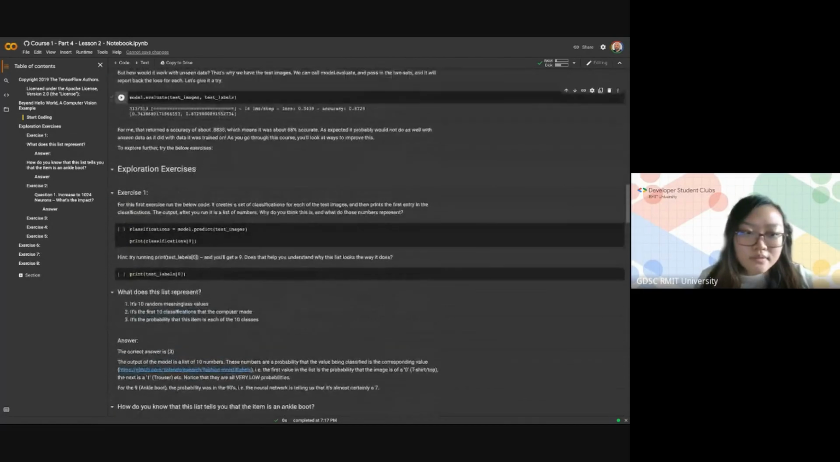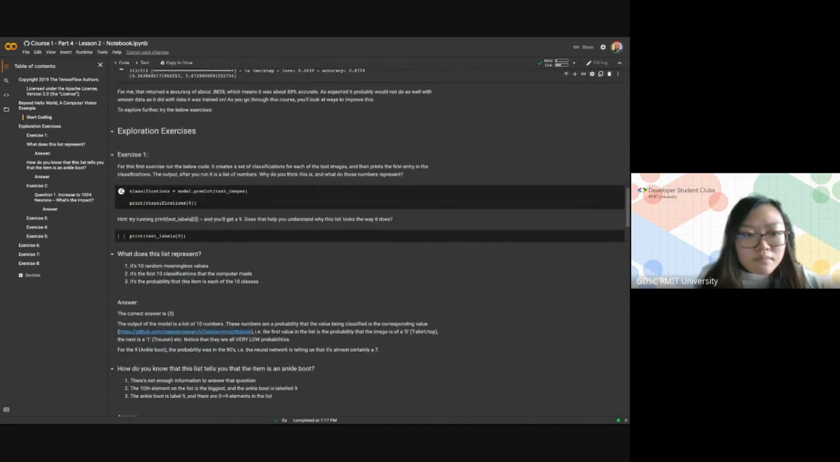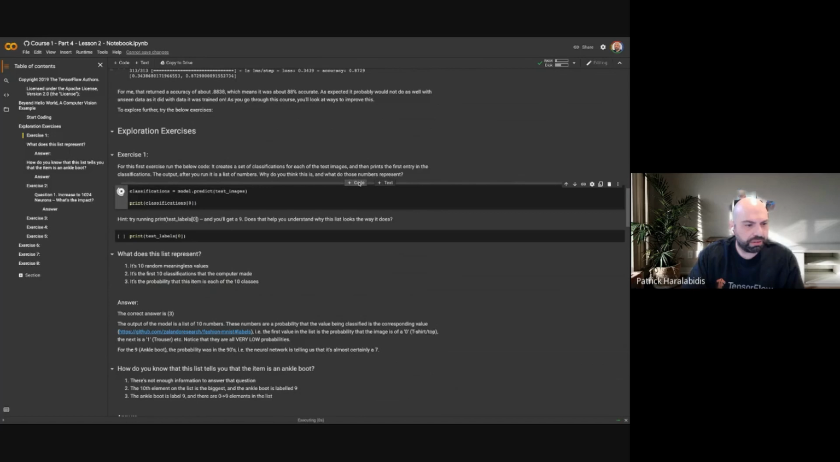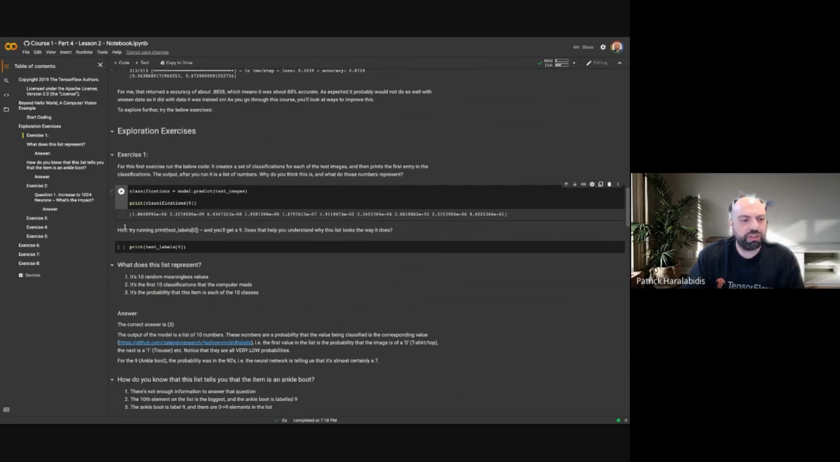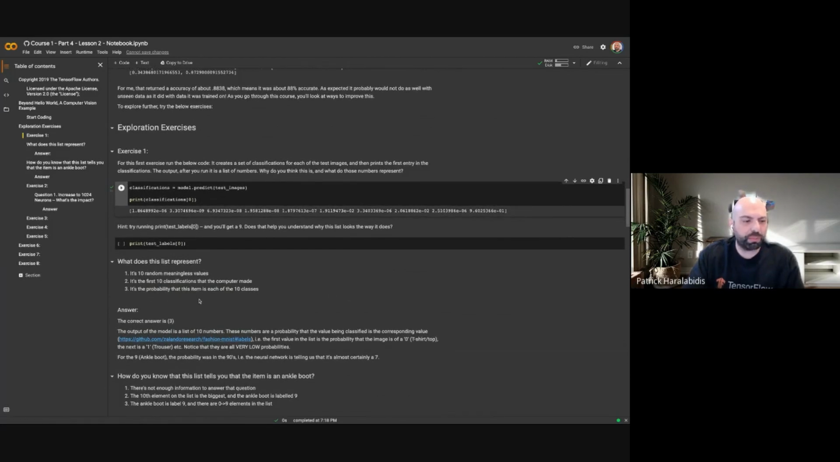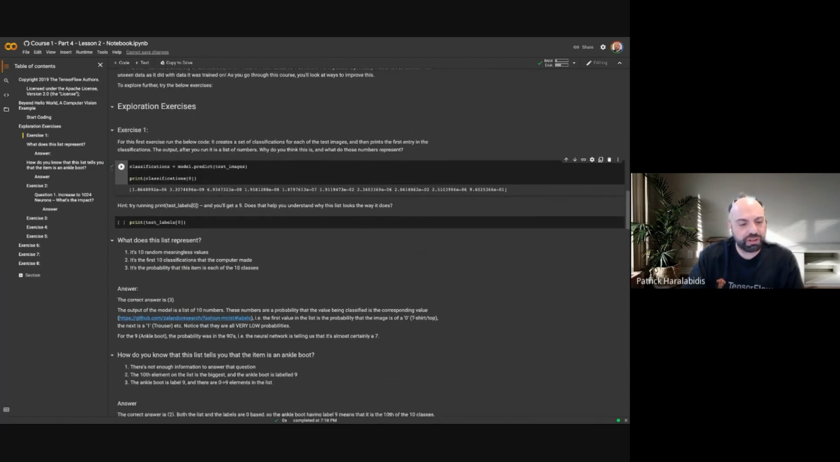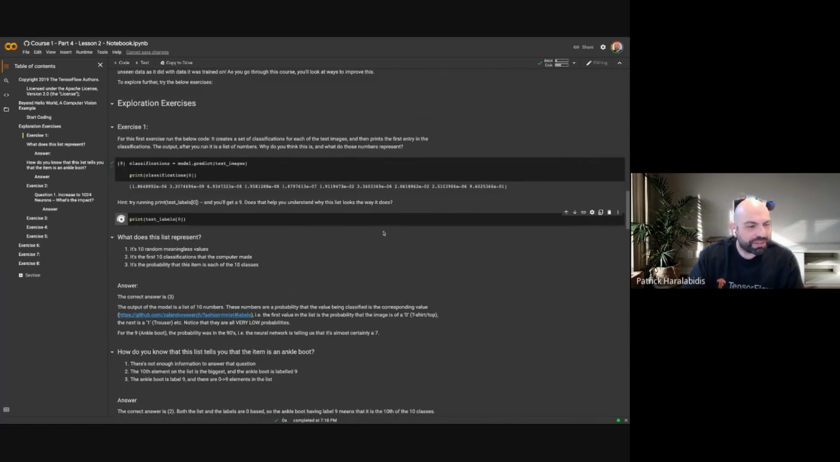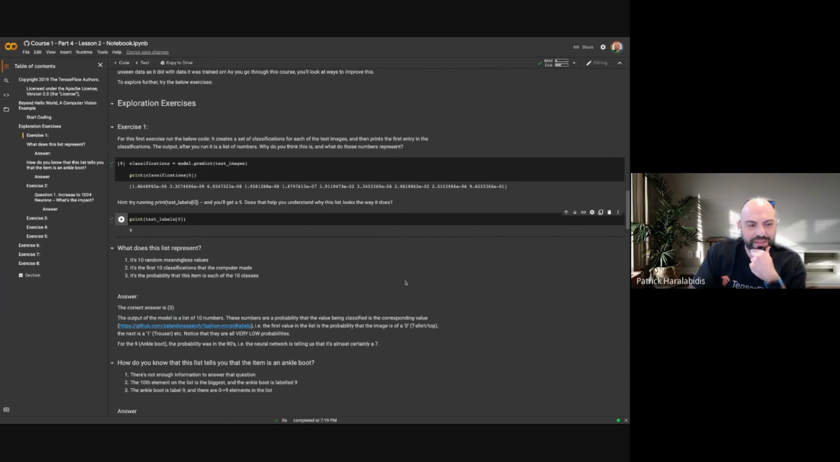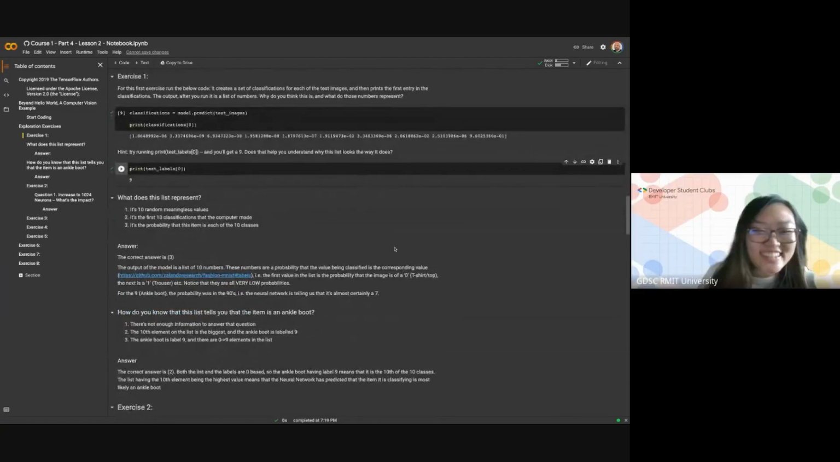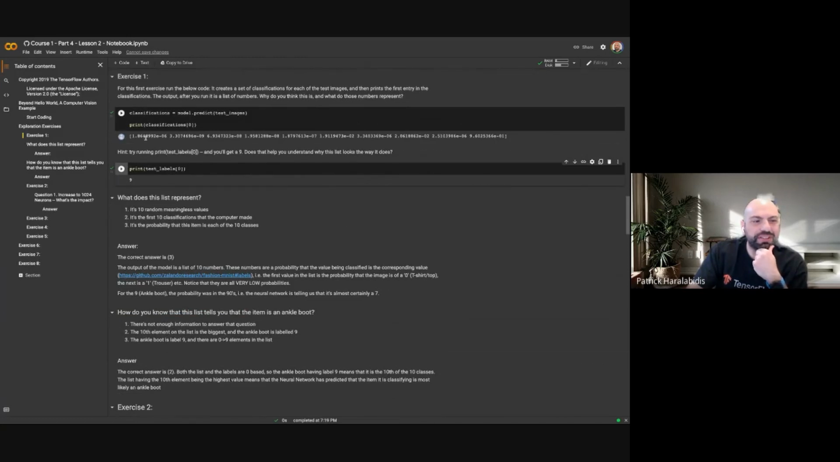All right. So, for example, if we classify that in the first exercise here, can you guess what these values are? Is it a random thing? Is it the first 10 classifications that the computer made? Or is it the probability that this item is each of the 10 classes? I know you can see it because the answer is right under there. Yeah, it says the last one. Right, the correct answer is 3. So this is really the percentage of the probability that the computer sees of the image that we provided